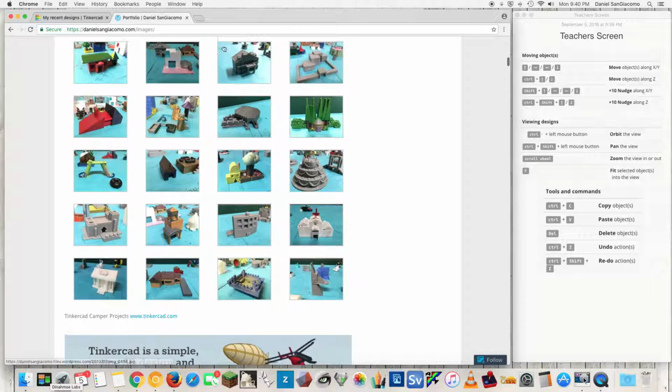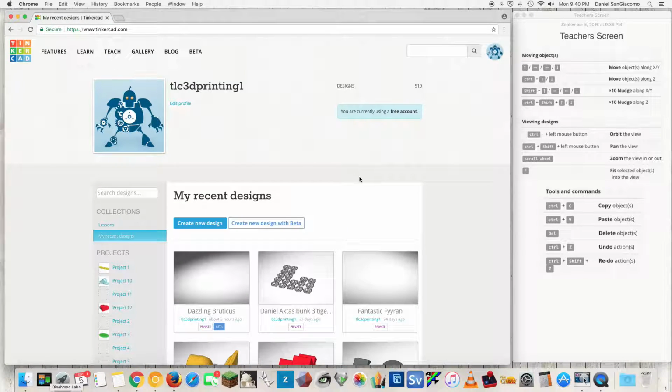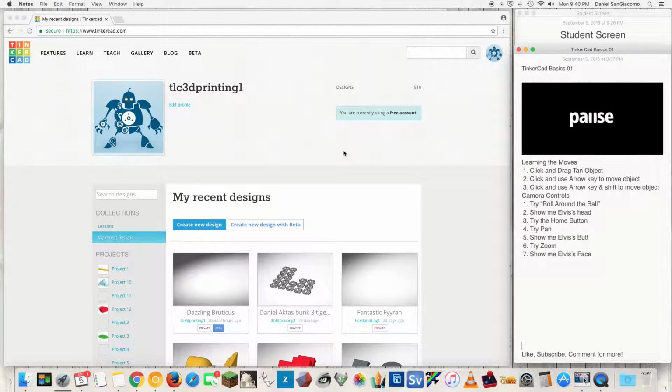So let's get to Tinkercad. How this is going to work is I'm going to show you some cool stuff on the teacher screen. I'm going to model it for you, and then I'm going to switch over to the student screen. So whatever I do in the student screen, I'm going to lay out pretty clearly, and then you guys can pause after each